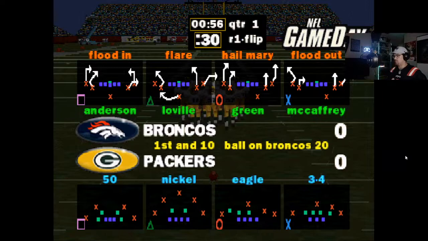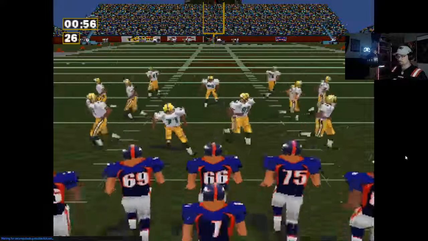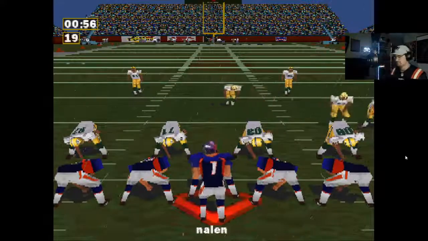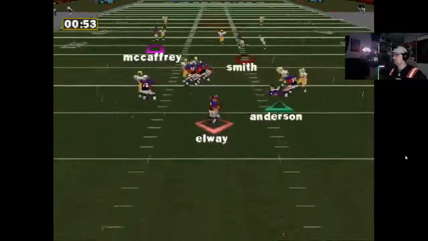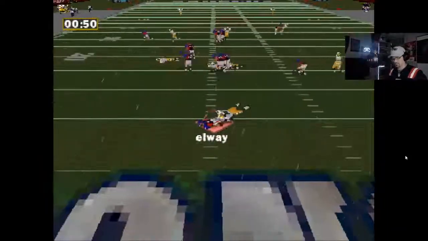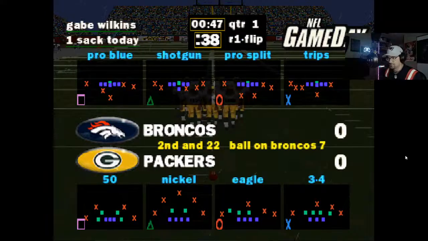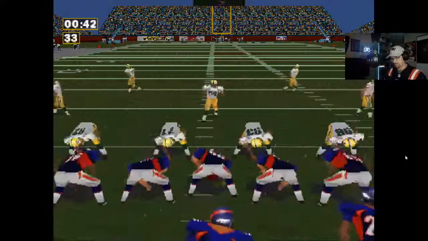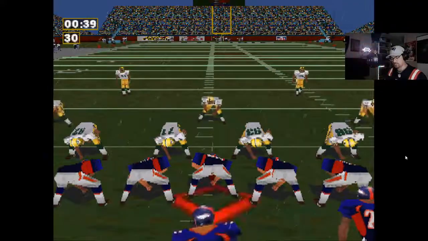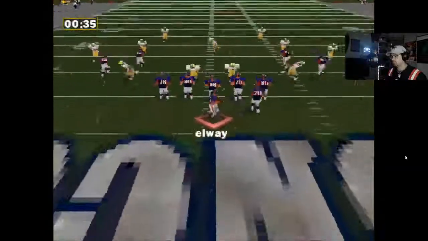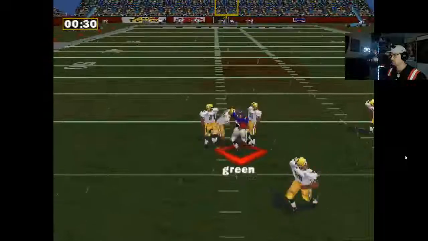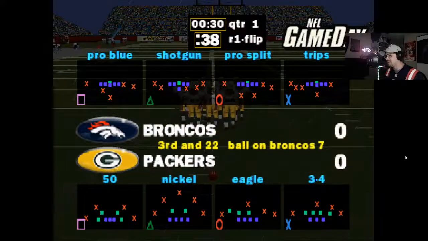Let's try the run and shoot. We're gonna try the flooding. First and 10 on the 20-yard line. It's my first time playing offense, guys. With the quarterback set. Okay. Shot from the shotgun. Let's try the deep post. Second and long. Incomplete pass. Flag on that. Somebody got there a little too early.